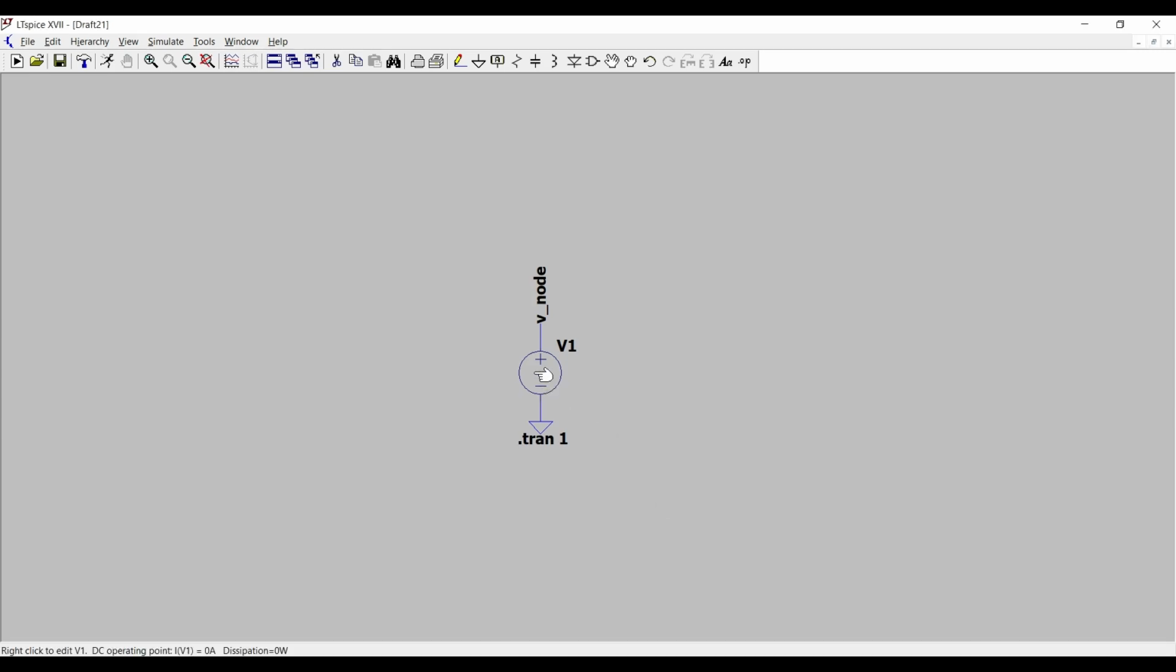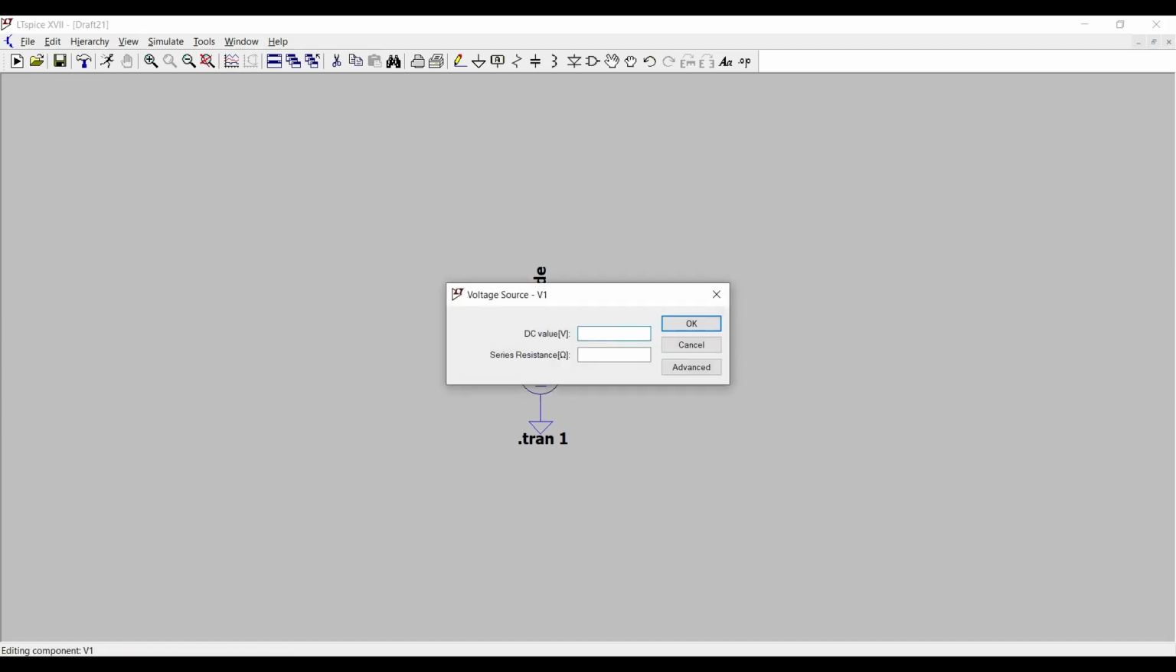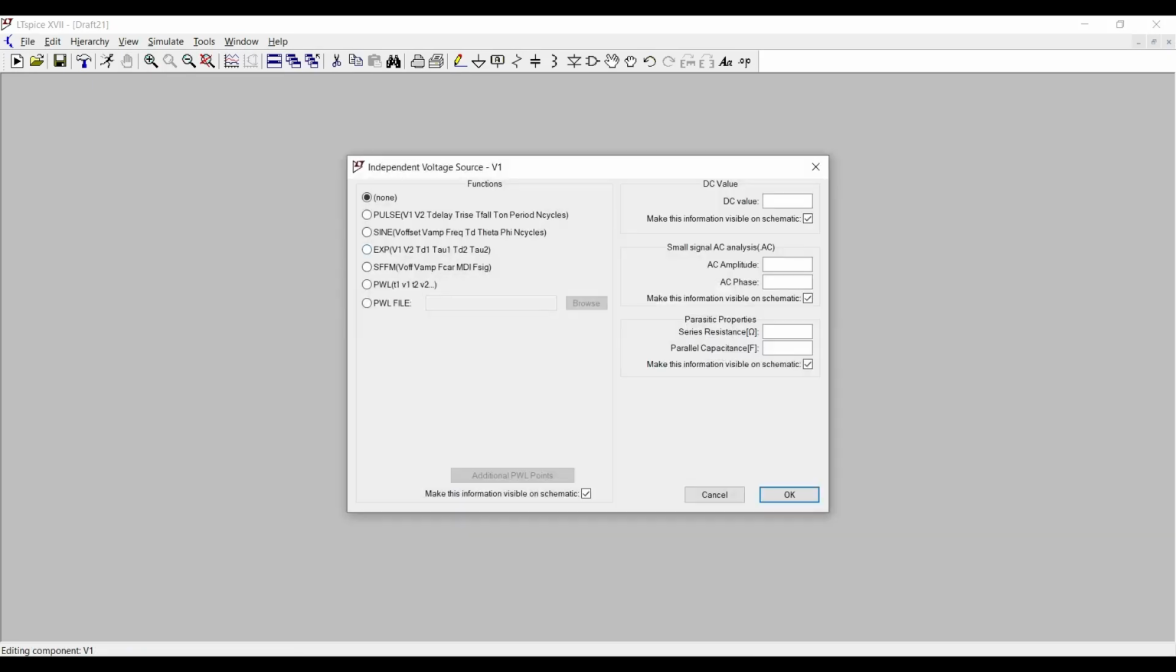Now I'm going to right click on the voltage component and select Advanced. After that we have to click Pulse. Now we have to set the amplitude of the triangular wave. Let us take 2, and after that the period. Let us take the period as 0.01, and T rise and T fall should be half of the